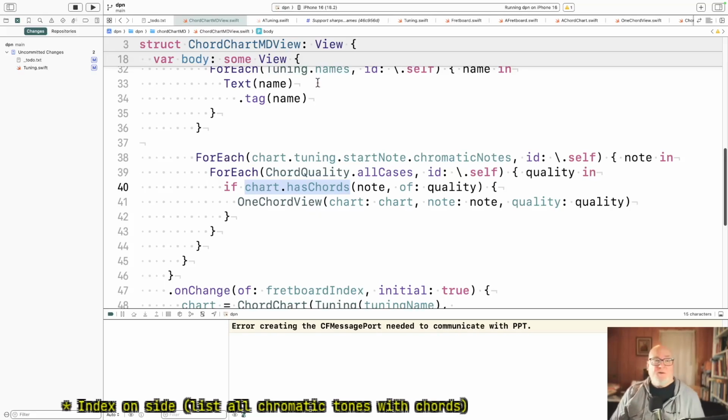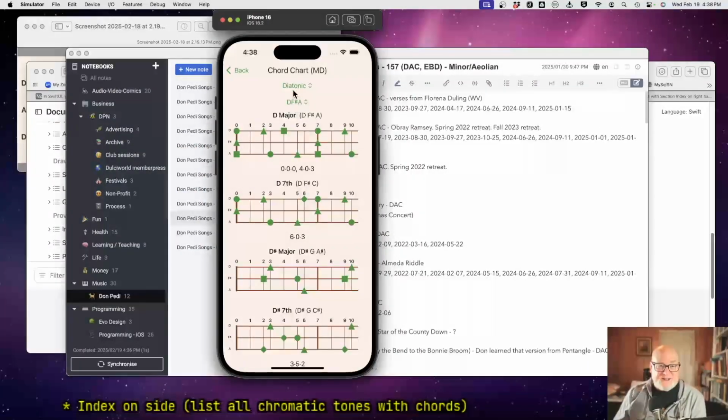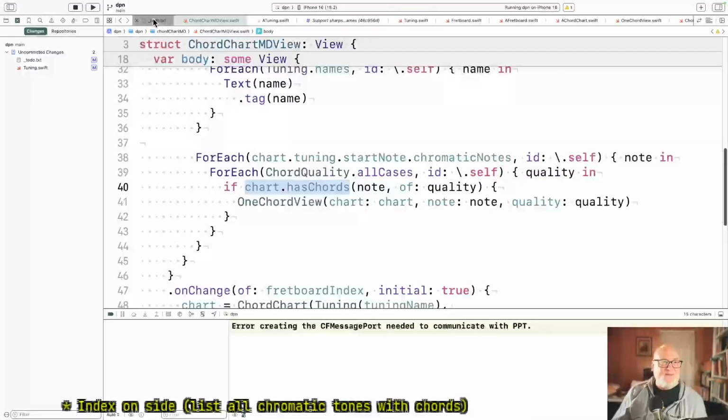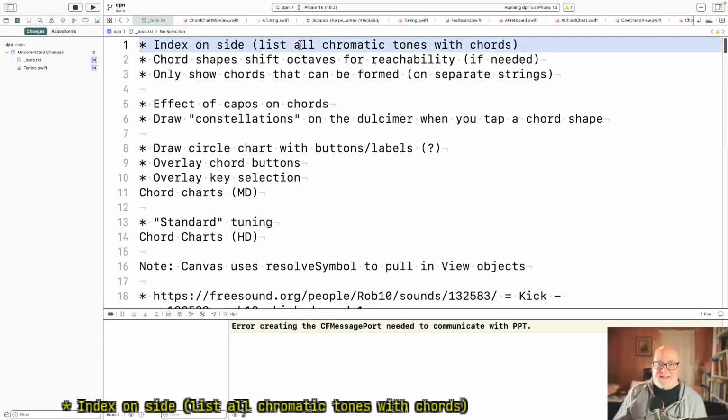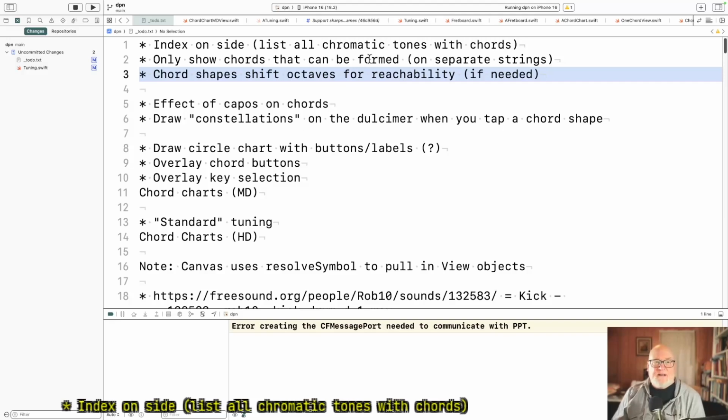Okay, so we'll pick up there tomorrow. But I went over, but I'm very happy to have the tuning and dulcimer format done. That's great. And now I have a function that can find them, so we can solve that problem. And we'll do that tomorrow. We'll see about the index. This one's probably harder. This I think we can do pretty quickly. Okay, and if we can get these three things done, we'll call it a day